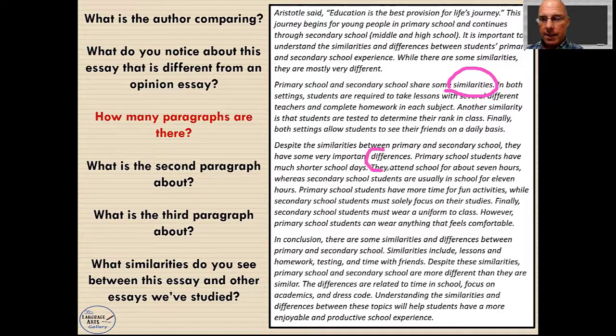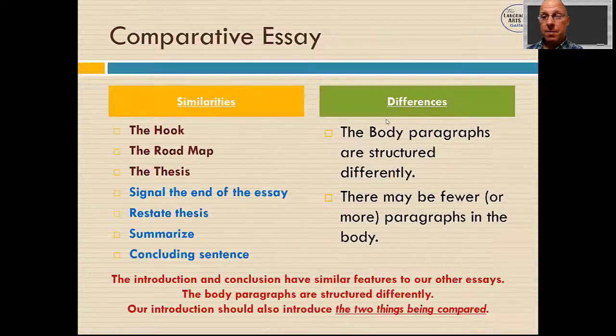And in this paragraph, he talks about the differences. So that's one of the key differences between this approach to the comparative essay and the point-by-point method. The body paragraphs are structured a little bit differently,